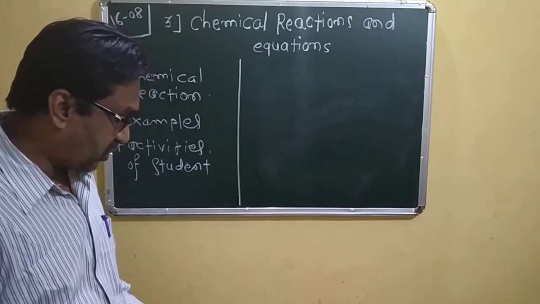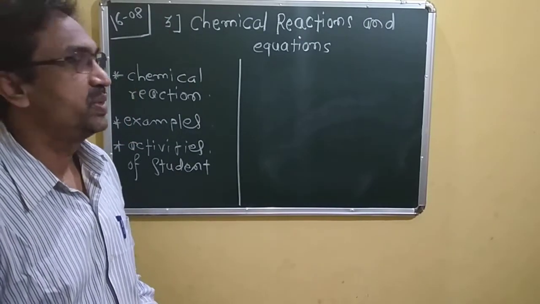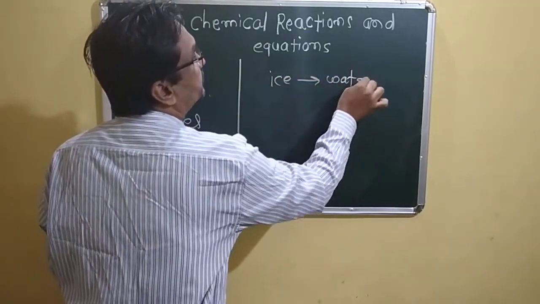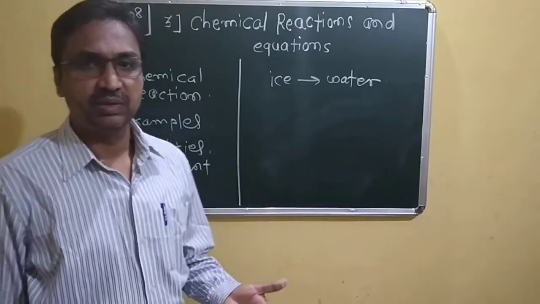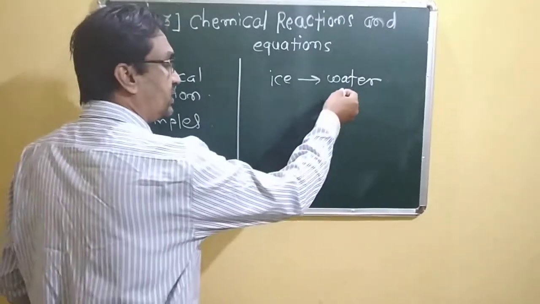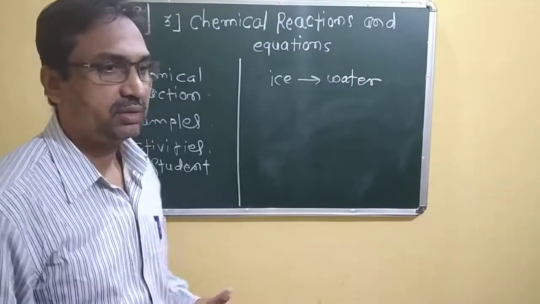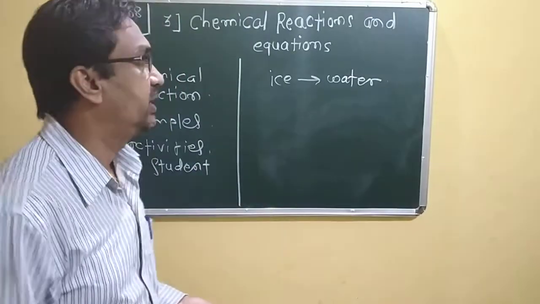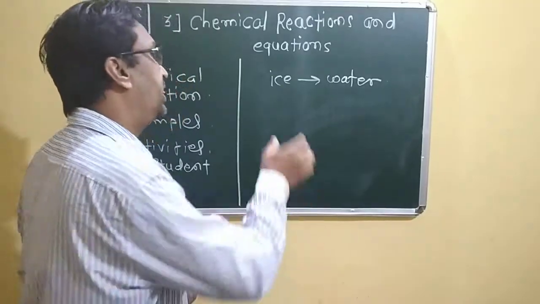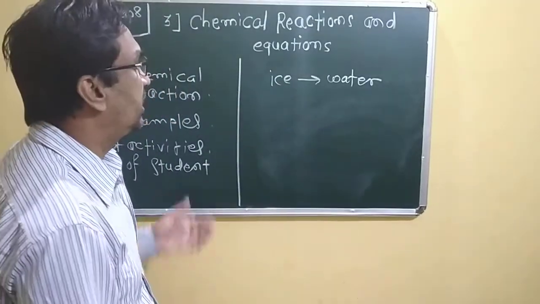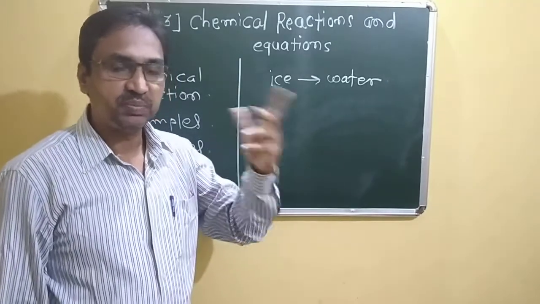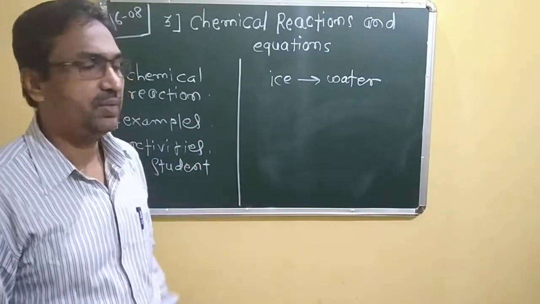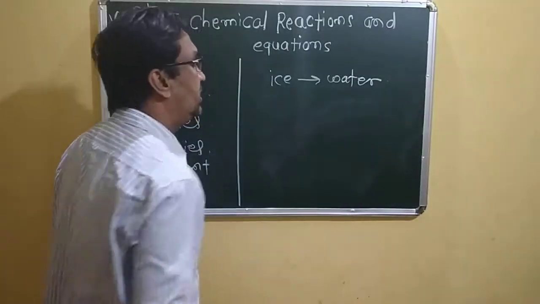First example, the transformation of ice into water. Would it be permanent? It is not permanent. If we take a tray out of the freezer, put some water in it, and put this tray in the freezer, after that we can once again obtain ice, so it is not a chemical change. A chemical change is a permanent one, it is irreversible. Okay. So it is a physical change.